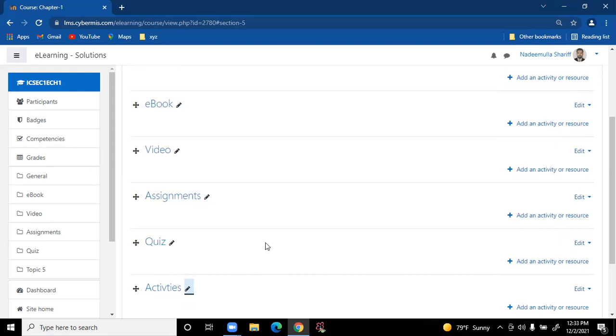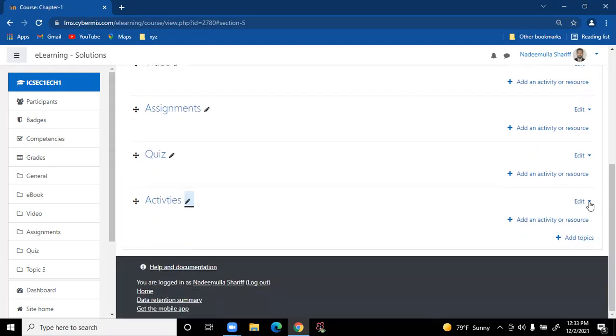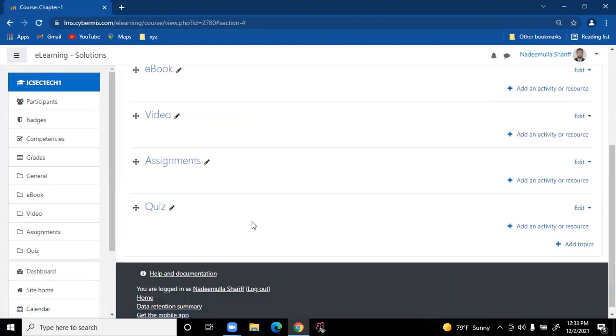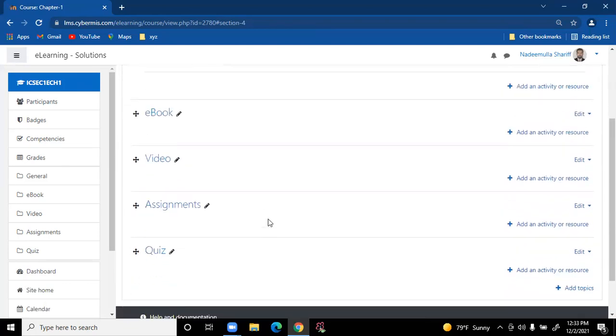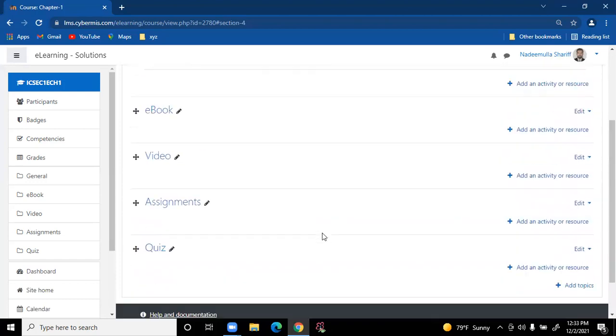They can do it. Delete it. Yes. So how to delete? Simply click on the edit button, delete this. So two steps, you can just delete that. Yes, it's deleted now. Okay.